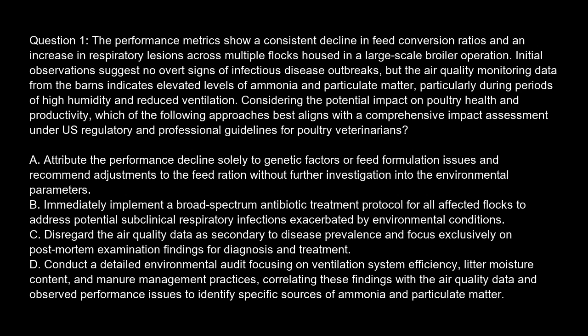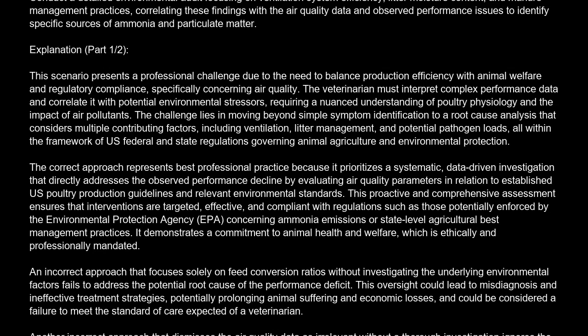correlating these findings with the air quality data and observed performance issues to identify specific sources of ammonia and particulate matter. Correct answer is D. Conduct a detailed environmental audit focusing on ventilation system efficiency, litter moisture content, and manure management practices, correlating these findings with the air quality data and observed performance issues to identify specific sources of ammonia and